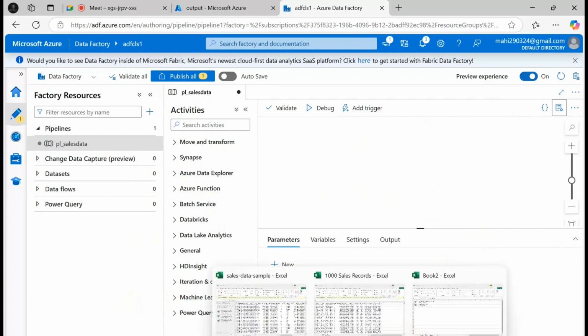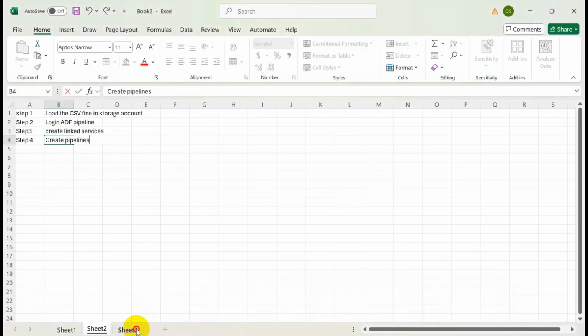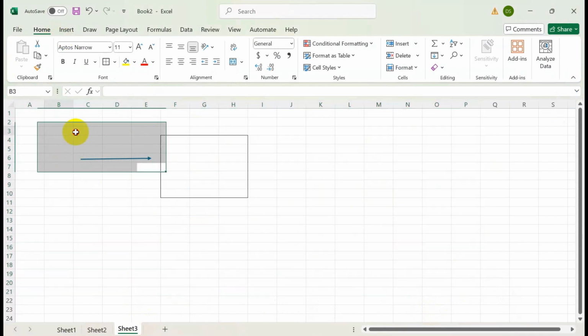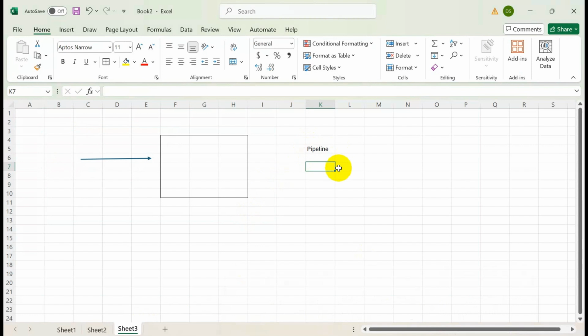Okay. So if you want to create a pipeline, let me erase this. So how to create a pipeline? This is the question. A pipeline can be created with the help of some components. So far, you have learned the components like linked services and auto IR, auto resolve IR,